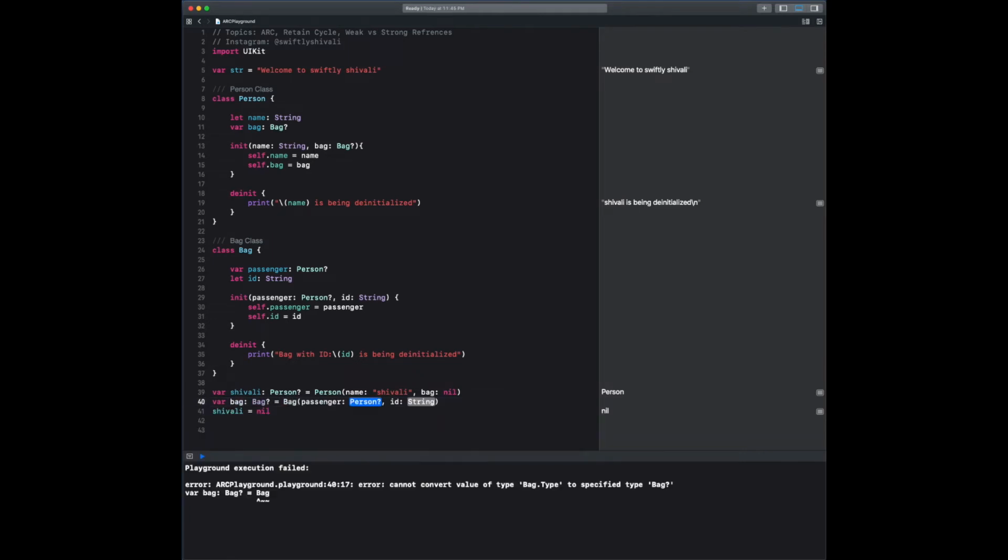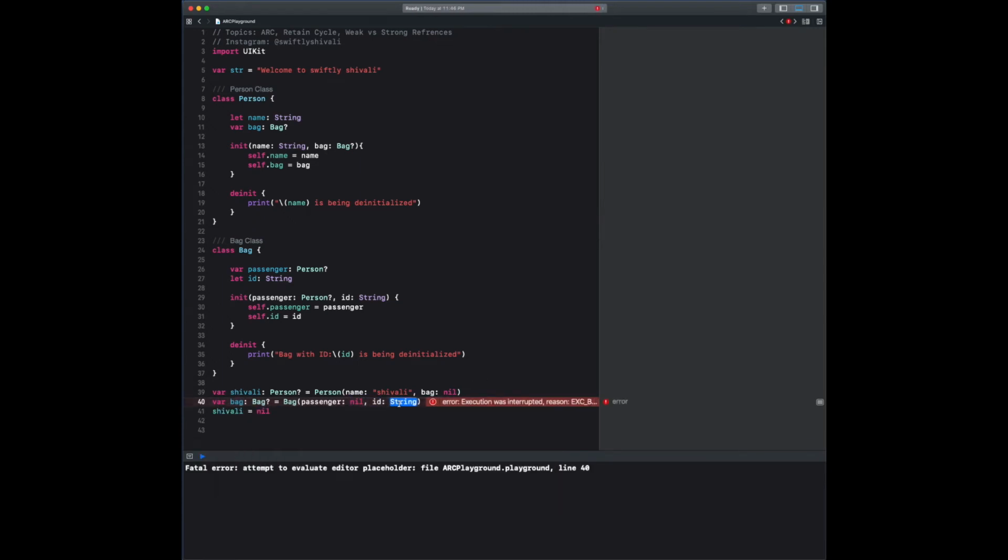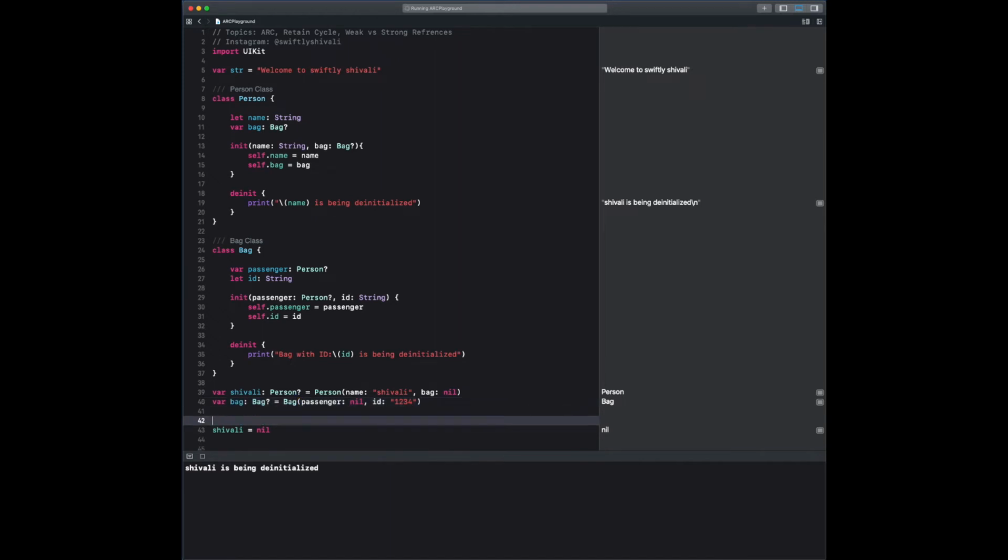Again, I'll call its initializer, and let's for now just have it decoupled from a person. Suppose it's like sitting in my closet, I haven't decided to take it yet, and then later I decide, okay, I want to take this bag with me. I'm just going to go ahead and say bag.passenger equals Shivali, and then I try and de-initialize Shivali, and I see that nothing gets printed out in